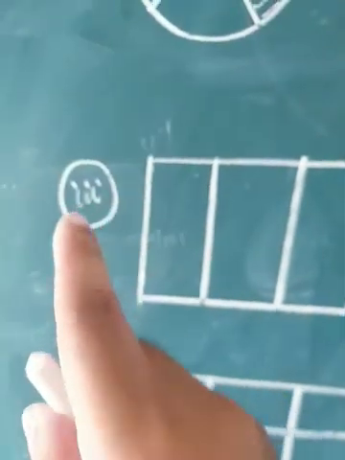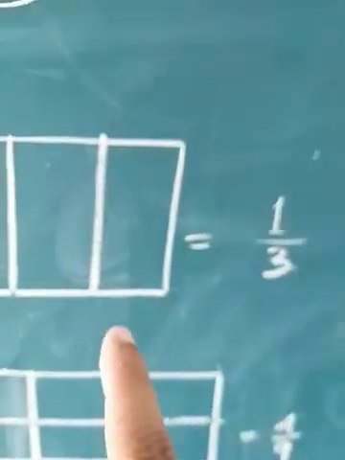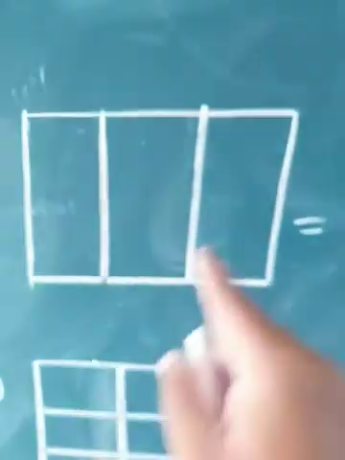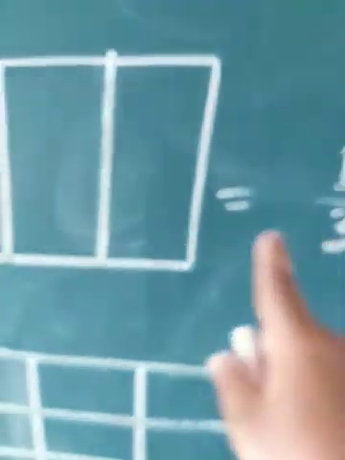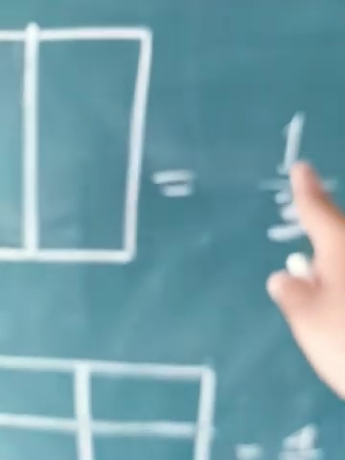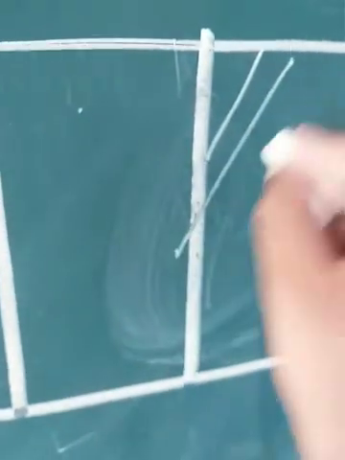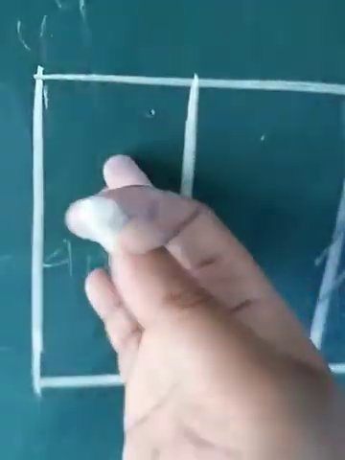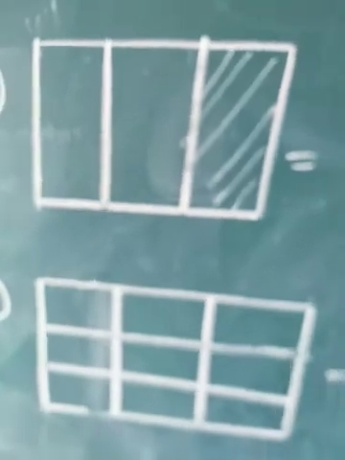Now again, let's move on to sum number 3. Now in sum number 3 they have given the whole region divided into 3 equal parts, isn't it? Because there are 3 parts, and how many regions do they ask you to take as consideration? That is 1. So you can shade any one region of your choice. So I will take this one. It's not mandatory that you have to go this way. You can shade this also, or you can go by this choice also. It's your choice, but you have to only shade one region, students.